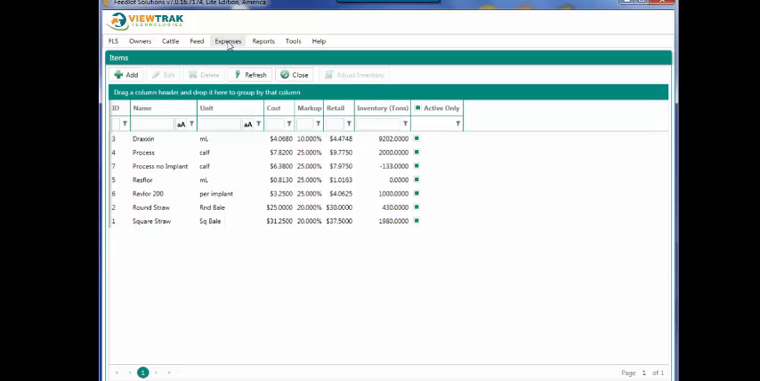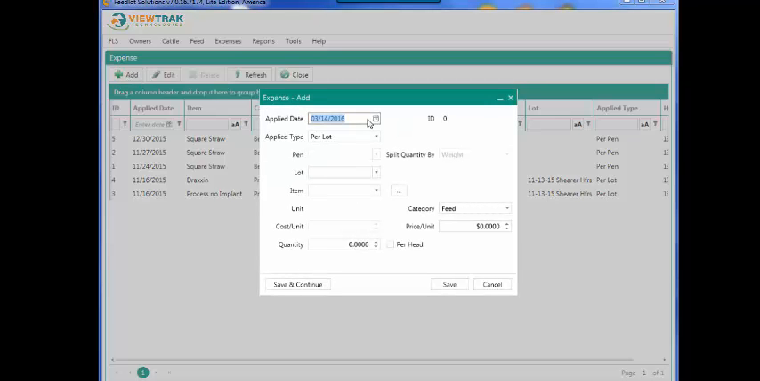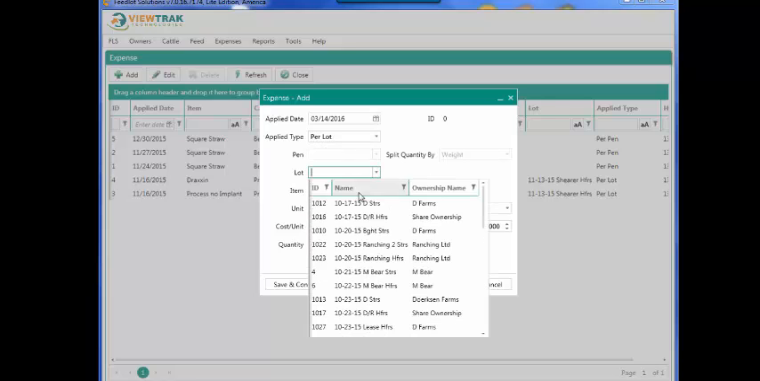Once you build your list of items, you can go under the Expense tab, go down to the Expense option, and here we'll list out all of the expenses you've done so far. To click New, you'll left-click on Add, select the date. You can apply this by pen, by lot, or by pen and lot. You have the ability to go in and select your lot,